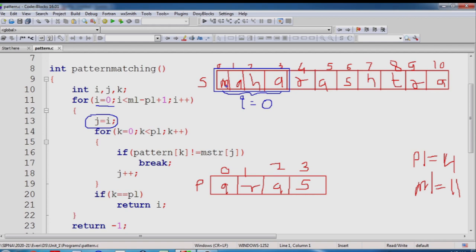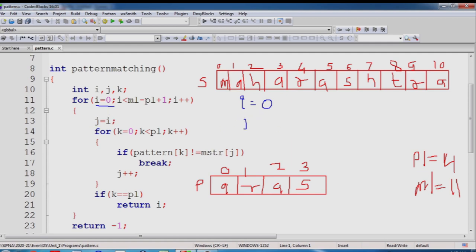As i equals 0, our current substring is this one. So first j will be pointing to m, then a, then h, and finally a. So j will be used for iterating over these 4 characters of the current substring.